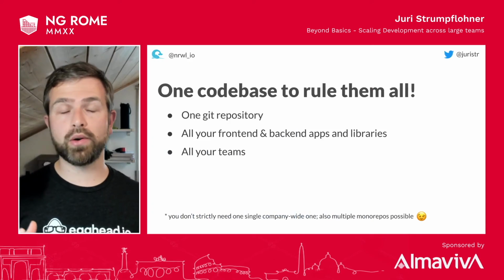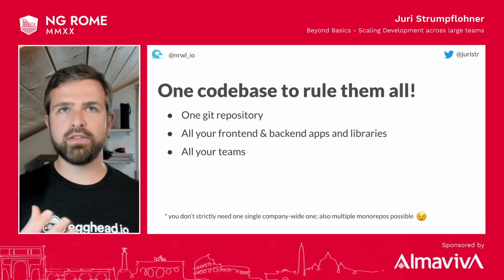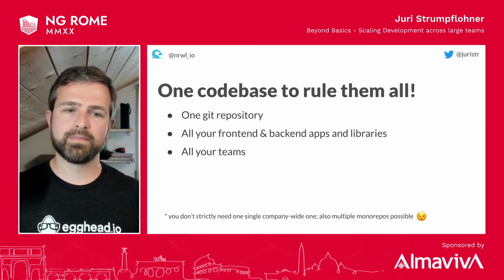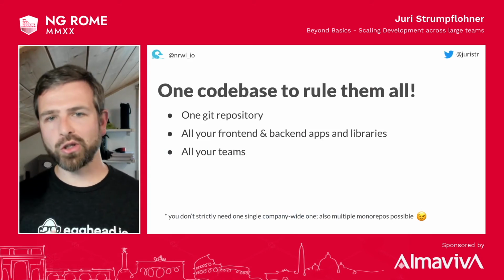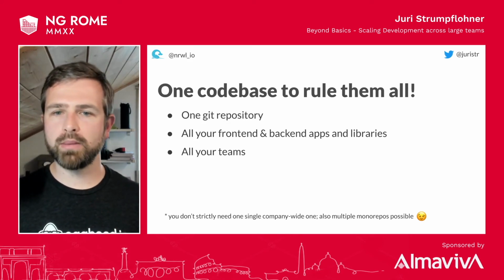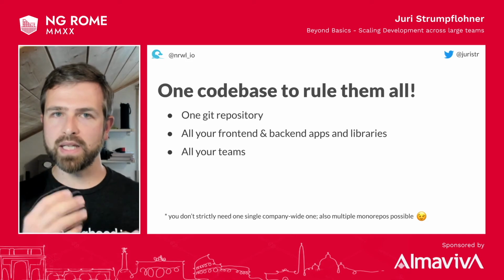The main idea there is that in a monorepo, you can envision one Git repository where you have all your front end and back end code. Now, that's usually not always the case. You might just have some front end projects, not even back end projects maybe, but the ideal case would be if you have them mixed in.